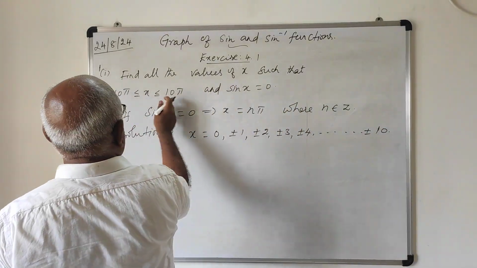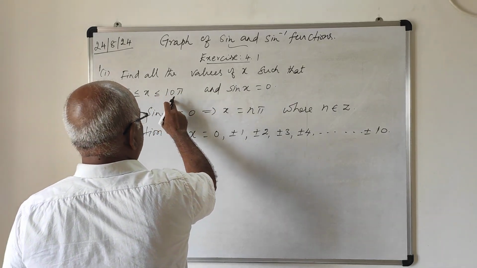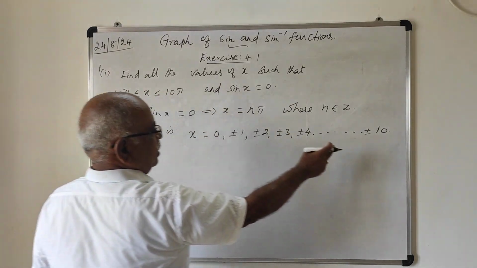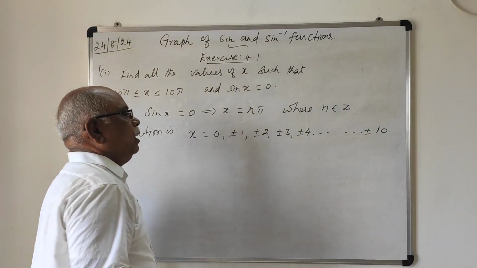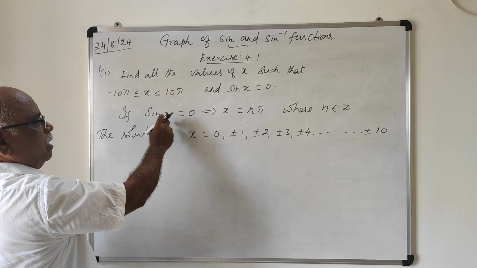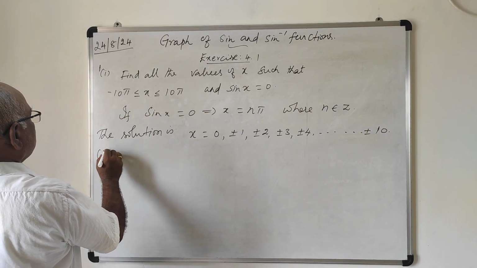Because minus 10 pi to plus 10 pi is given as the domain, therefore n is from 0 to plus or minus 10. This is the solution for this problem. So the next problem,